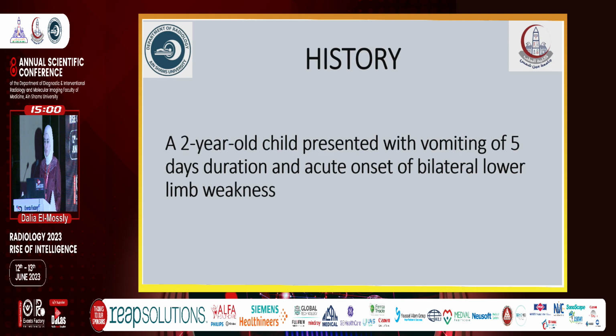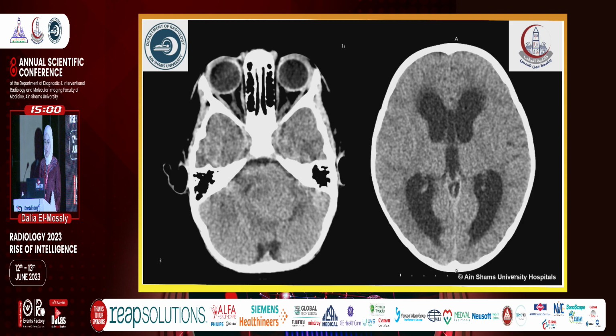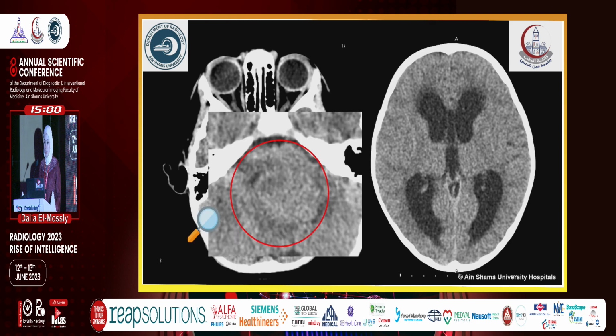It's a 2-year-old child presented with vomiting of 5 days duration and acute onset of bilateral lower limb weakness. Here, as we see, there is a posterior fossa isodense mass lesion on non-contrast enhanced CT. On zooming, it appears to be obstructing the fourth ventricle with subsequent mass effect and acute hydrocephalic changes with CSF